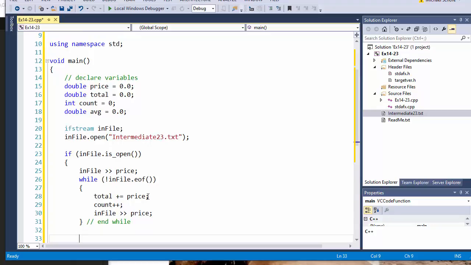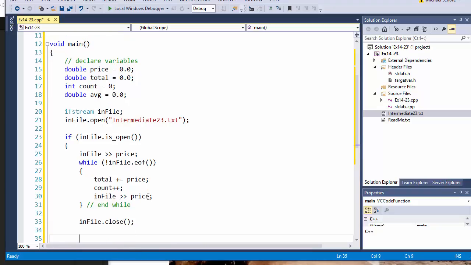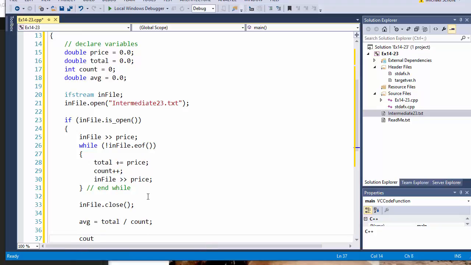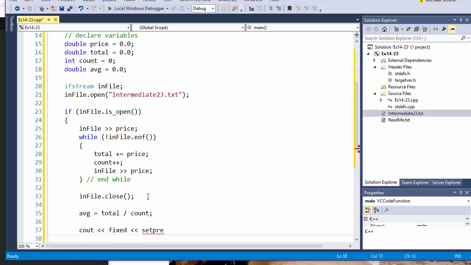Once we get out of that, we need to do inFile.close. Remember, you should always close your file that you've got open. So next we do an average equals total slash count. And then we just need to do a cout, fixed, set precision, two,